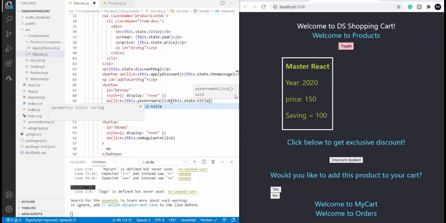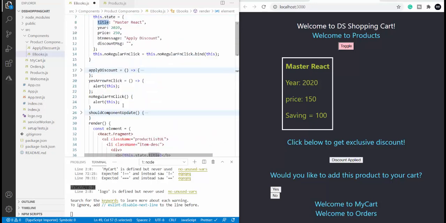So this step also will be helpful if you are displaying dynamic content. If your dynamic content also has a button like this, and on click of the button you are passing the dynamic content's results, then it will be very useful for you to capture that information somewhere in the button logic. So here I'm passing the title, and what I'm going to do is display it here.